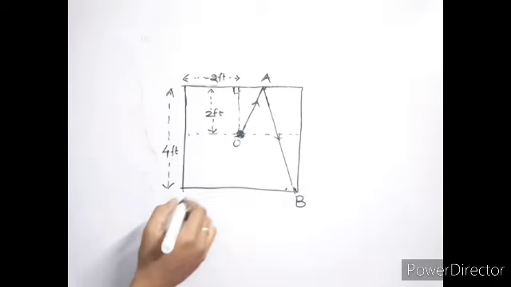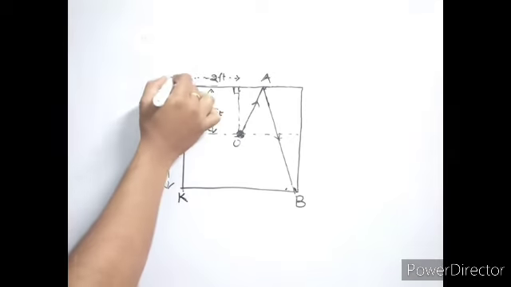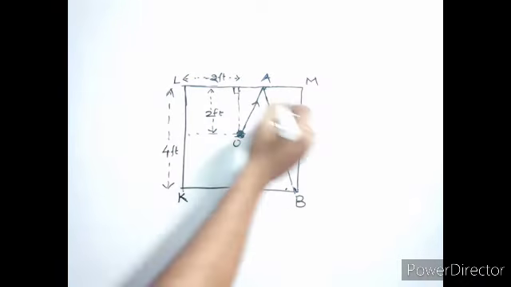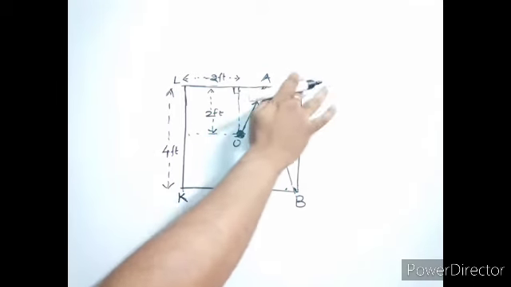Now we name the board that we have at hand KL, and I take the midpoint as M,